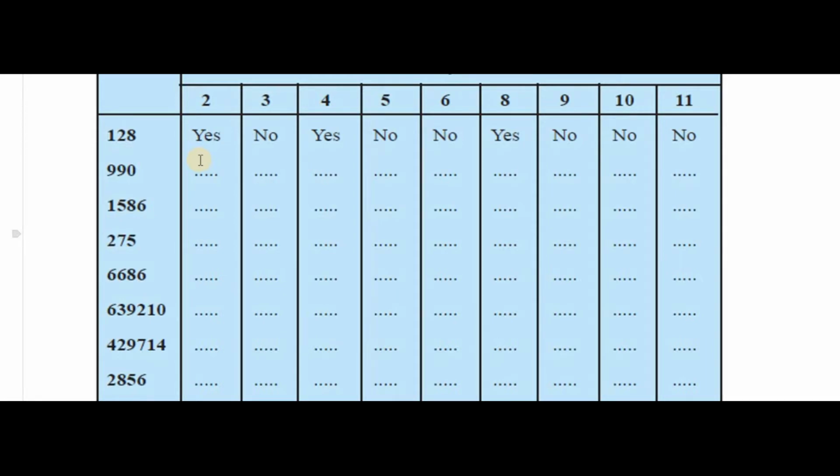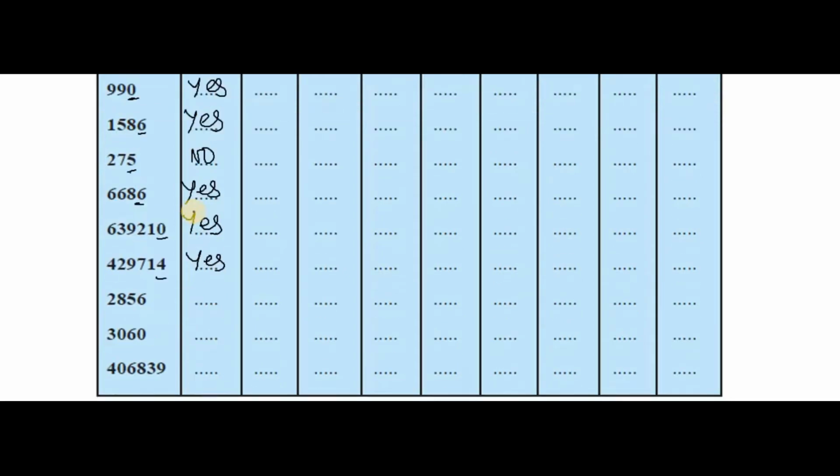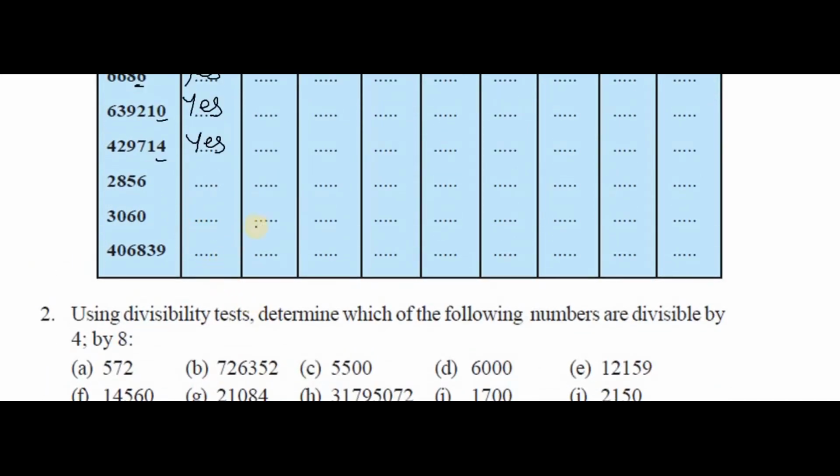So what is the divisibility rule of 2? It is easy for us because you just check whether the last digit is 0, 2, 4, 6 or 8. So it is 0, that is the reason for yes. It is an even number. 0 is an even number. 4 is an even number. And in the same way, 6 in the ones place is an even number, so the number is divisible by 2. So that is the reason we completed this. Okay, now with 2 it is easy.